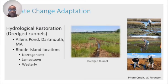So now I'll just talk a little bit more about what Mass Audubon is, and give some examples of what Rhode Island has done to combat some of these sea level rise effects. Right now, Mass Audubon is doing a runnel project, or hydrological restoration project, at our Allen's Pond Wildlife Sanctuary